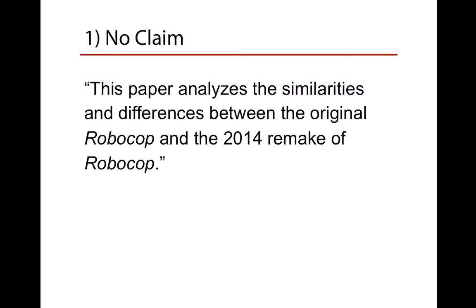For example, this paper analyzes the similarities and differences between the original RoboCop and the 2014 remake of RoboCop. This sentence only describes what the paper will do. It doesn't make a claim about the films themselves. A more effective thesis statement would make a claim about the significance of a specific similarity or difference between the